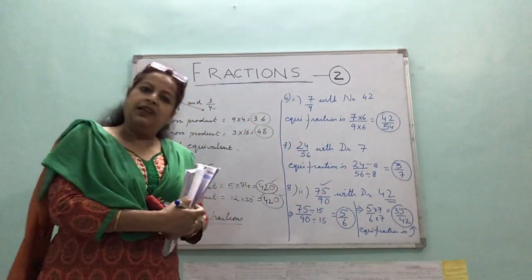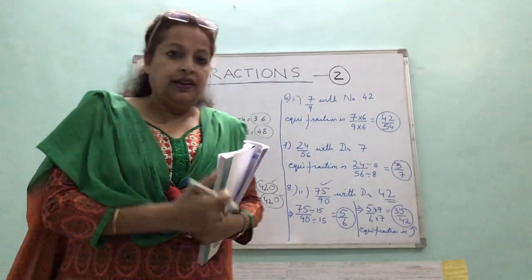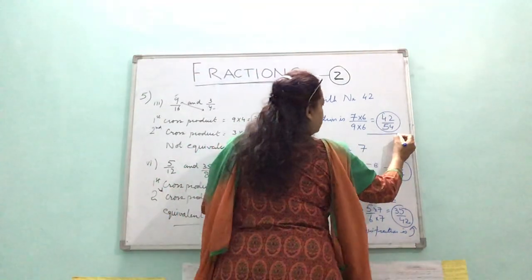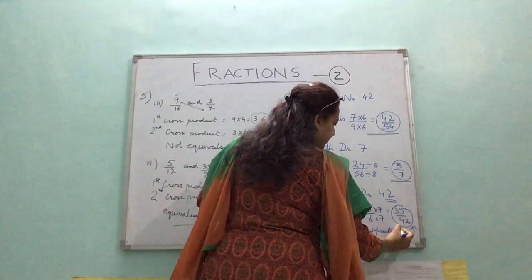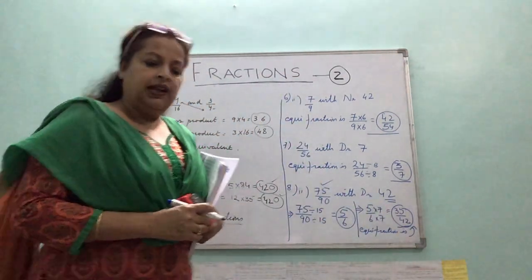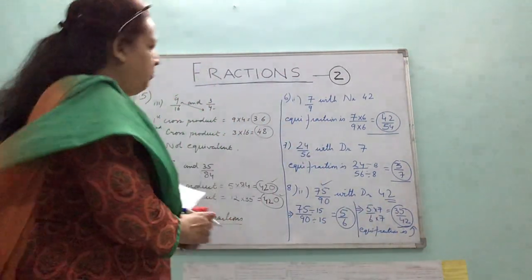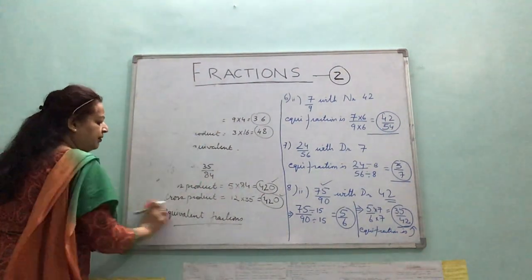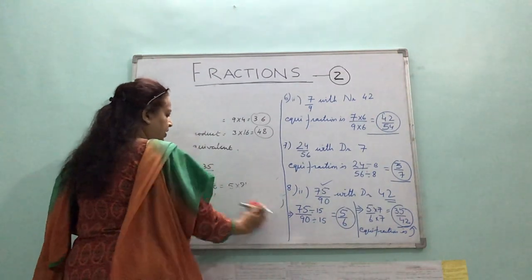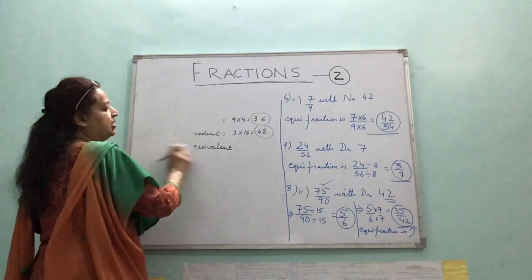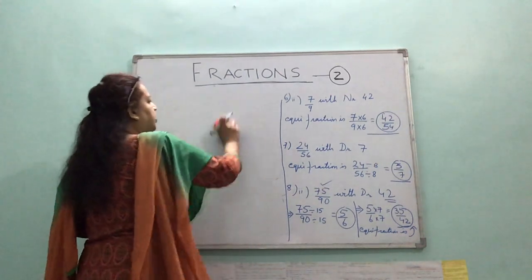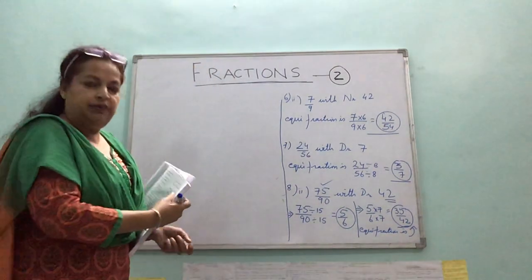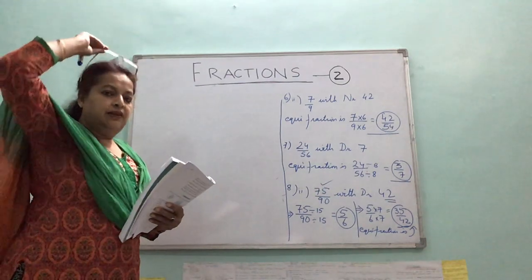So my answer is the equivalent fraction 35 by 42. The final answer should always be written and then underlined. Your presentation of work, how it should be, is also very important. Always underline your final answers, right? Underline work and all will be done with the black pen. Okay. Well, so now a lot of questions on equivalent fractions: how to know whether the fractions are equivalent, how to convert to equivalent fractions of the desired numerator and denominator, all these combinations we have done. Let's see what is next there.